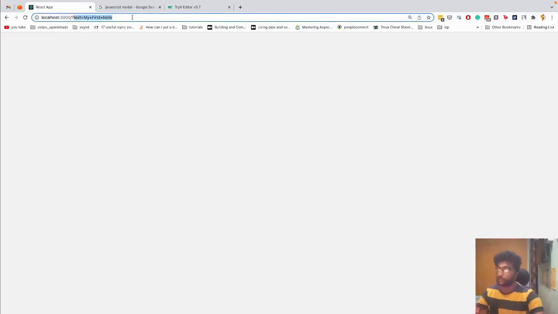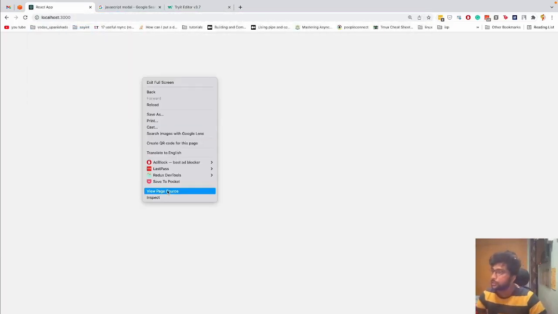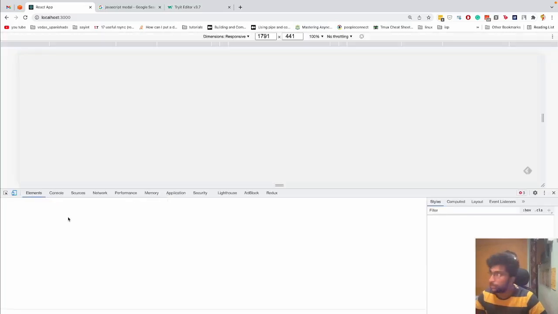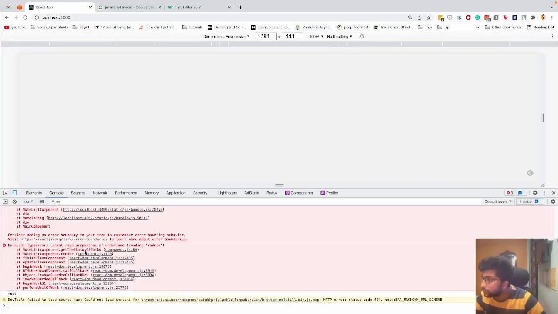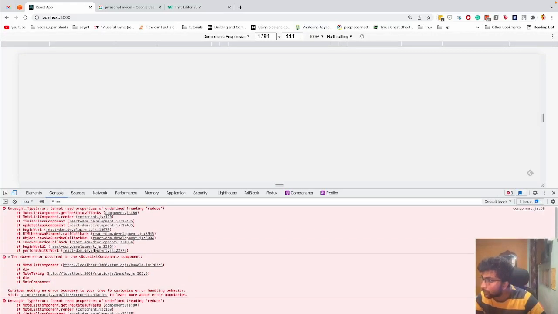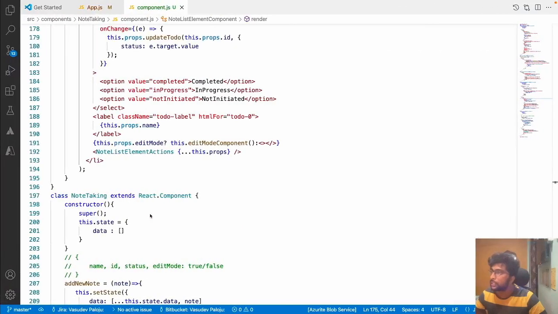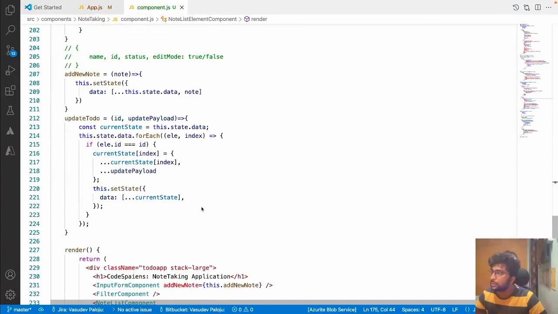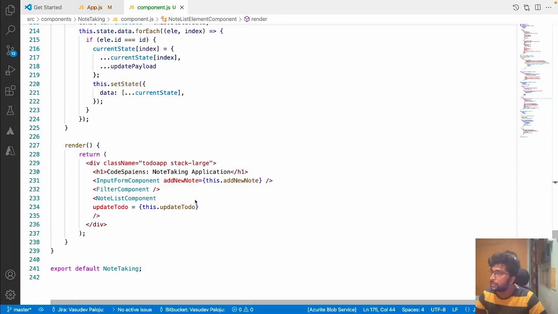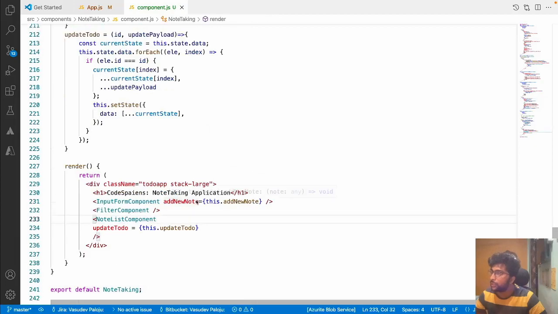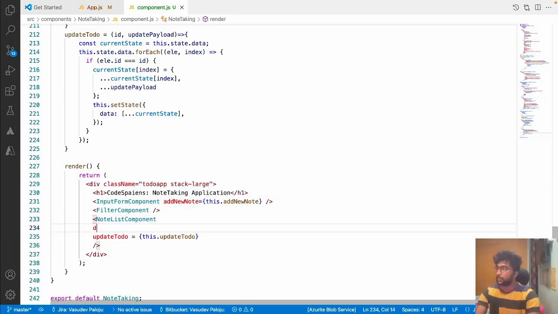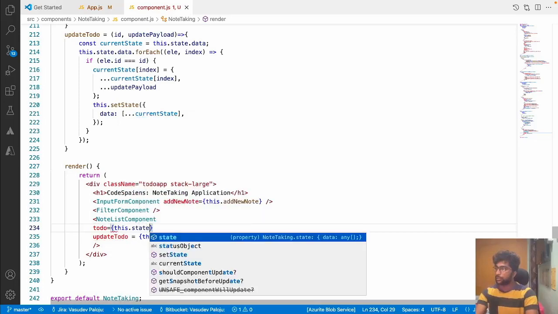Now I think everything should work perfectly, and let me see if something goes wrong. It can go wrong. We are allowed to make mistakes. So what is it? Cannot read properties of undefined, get status of checks. Okay, I'm not passing some value. I think, yeah. To do is equal to, I have to pass this, right? I deleted this dot state dot data,